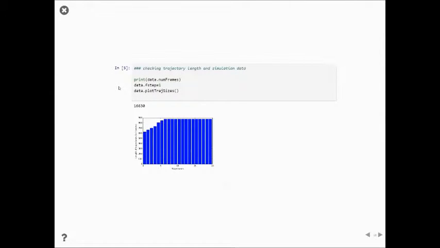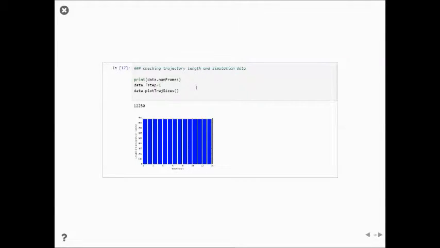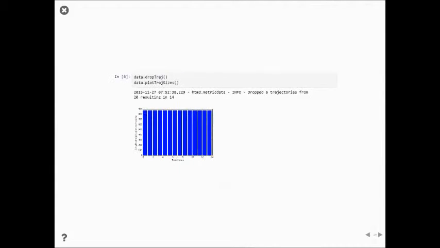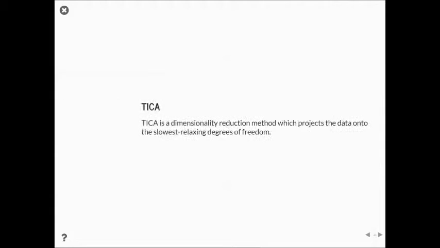Now, here we can do some manipulation of the data we have. So now we have in our data, for each frame in the trajectory, it's converted to a binary contact map of the ligand against the protein, and we can see how many frames we have. We have this number of frames, and given that we were skipping them, this means that we have 16 microseconds. We can plot our trajectories, and here, because I dropped some, you could see that before I had 20. But because some of them didn't have the same length, I cut them all to have the same length, and now they are 14 trajectories of 90 nanoseconds, more or less. It's not much, but